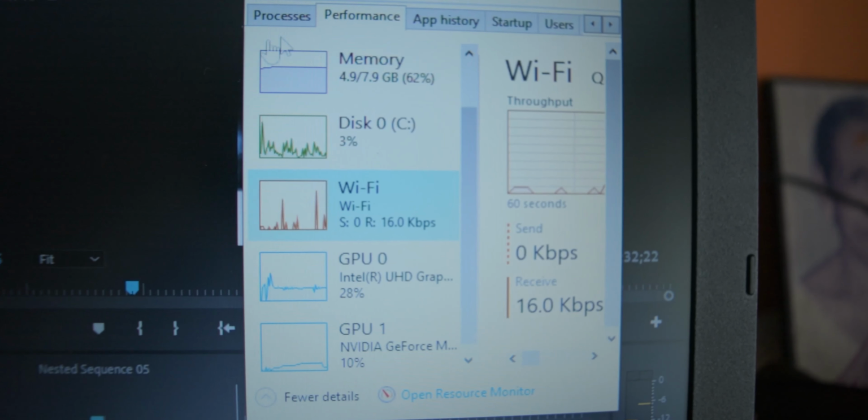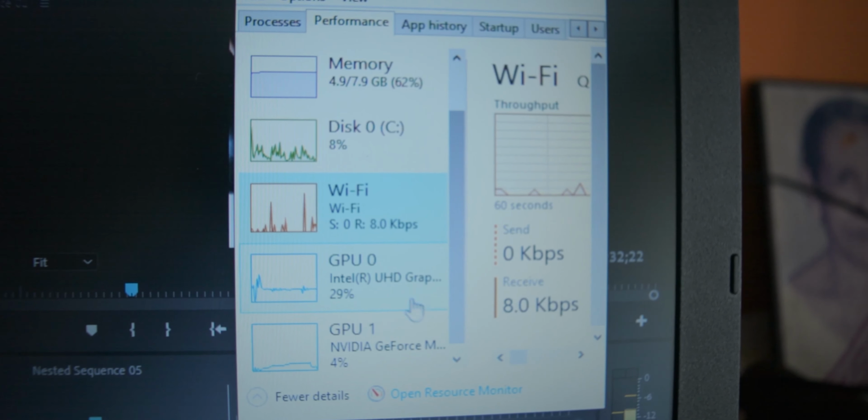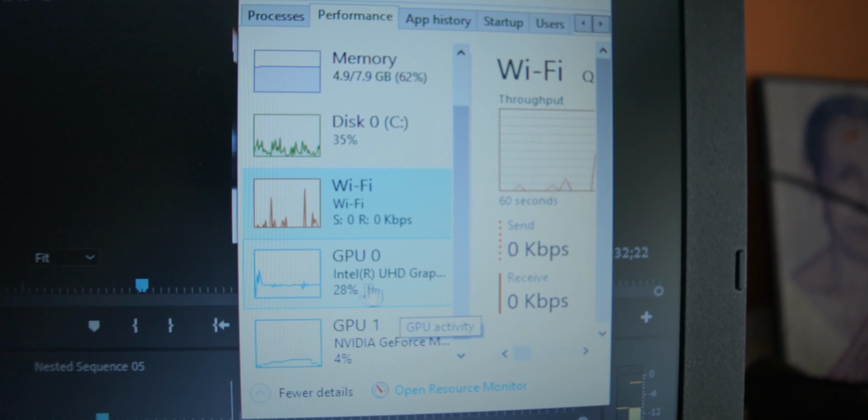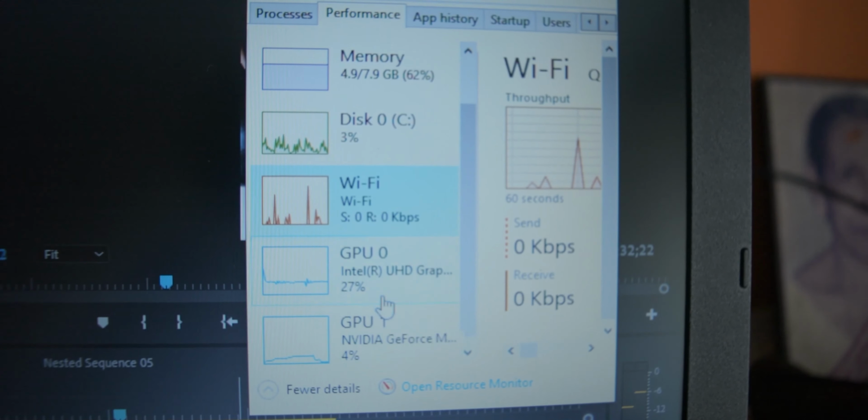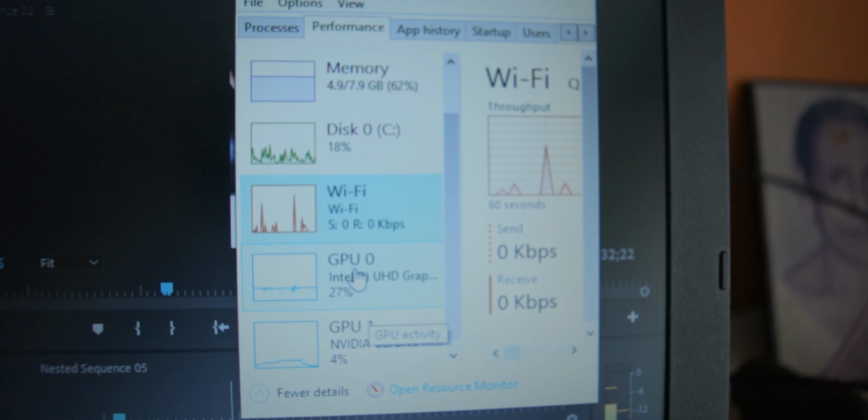And the difference is huge. Earlier I used to have almost 100% usage of my iGPU. Now at least a bit is going to my NVIDIA GPU, and the complete load is not there.